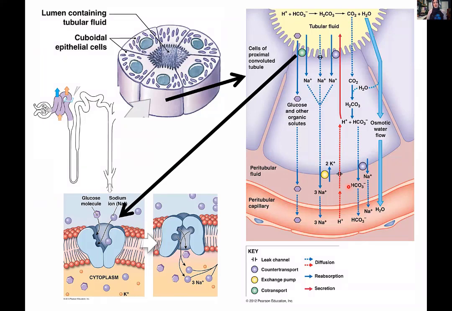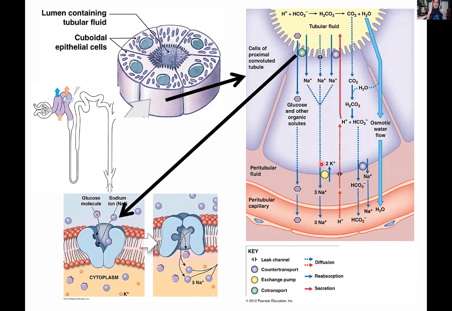Okay, so I mentioned that we were about to get into some conceptually challenging material, and this is where that starts. I talked about transport maximum. And really what you're going to have to do to understand reabsorption and secretion, primarily reabsorption, is turn your brain back to Biology 160 and remind yourself of co-transport and antiport, and also concentration gradient kinetics. So the idea that if solutes are moving in a direction, that's going to tend to be the direction that water will follow, and the idea that you can use the concentration gradient of one particle